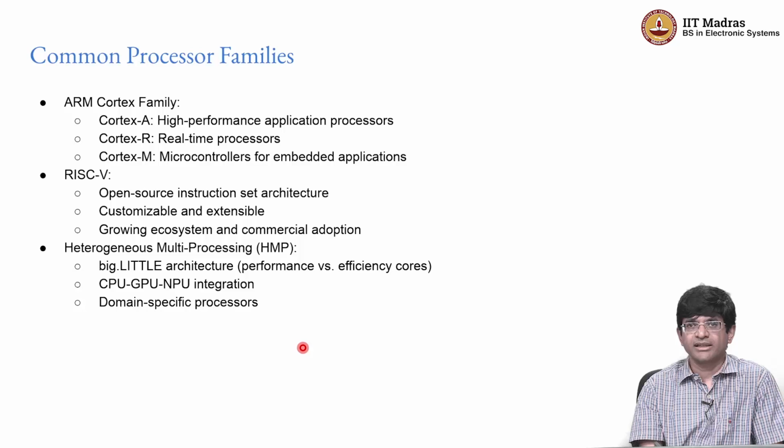The idea is that certain processing cores can be tuned to have extremely high performance. That means very deep levels of pipelining, advanced instruction prediction and speculative execution, all those kinds of features. But they do consume more power. On the other hand, there could be others that are more efficient in the sense that they have much less power consumption, but may not do as well in terms of raw computational power. So having a mix of such cores, where you have maybe 4 performance cores and 4 efficiency cores, and then the operating system can decide which process goes where, gives you a lot of flexibility in terms